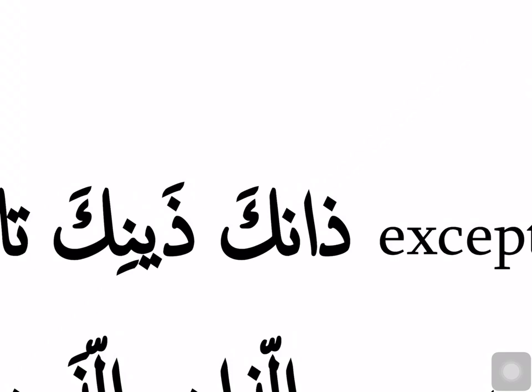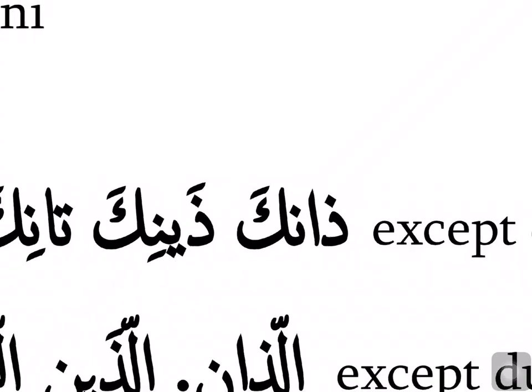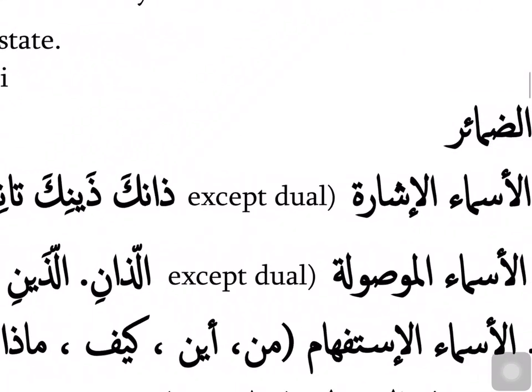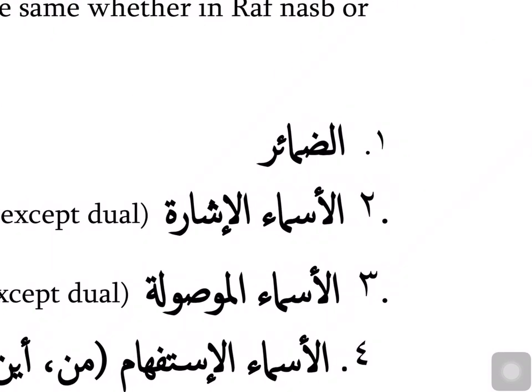So the point to remember is this kaf is for khitab, showing who is being addressed when you are pointing at something. The actual ism ishara is dha. Ani is showing me the status of the ism ishara. This is a bit in detail and we don't have to remember that right now, but we just mentioned it in any case. So asma'ul ishara are mabni except their dual version, they are mu'rab. That was the second category of mabni ism.